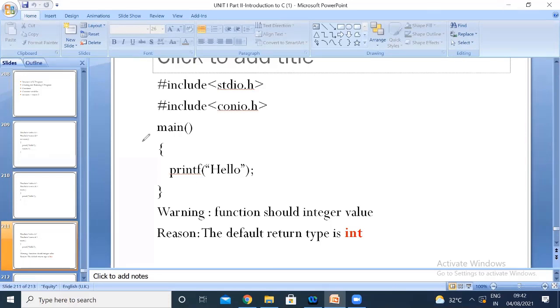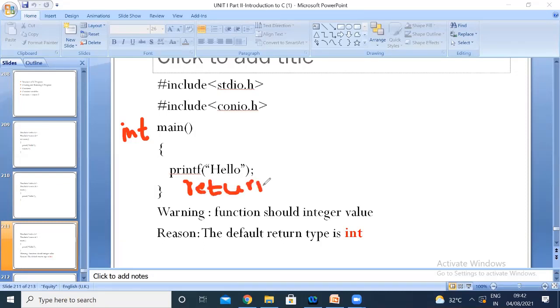So by default, the return data type for your main function is int. Whenever you are writing any data type other than void, you always have to return something to the calling function. That's why I write return 0 here.